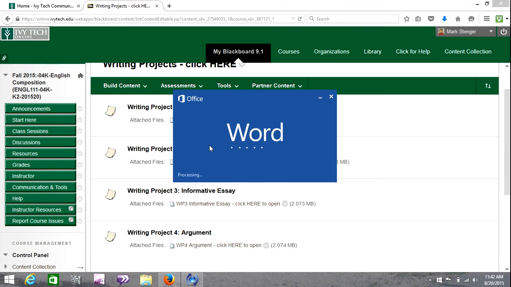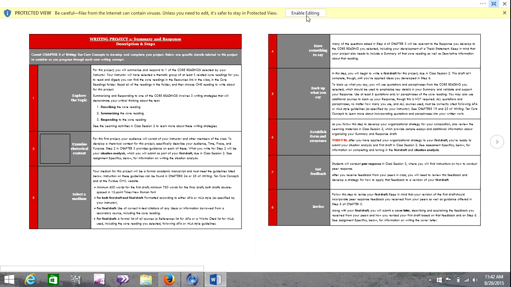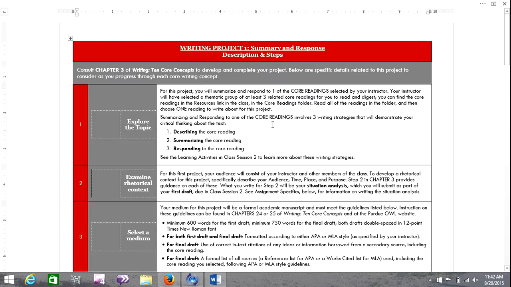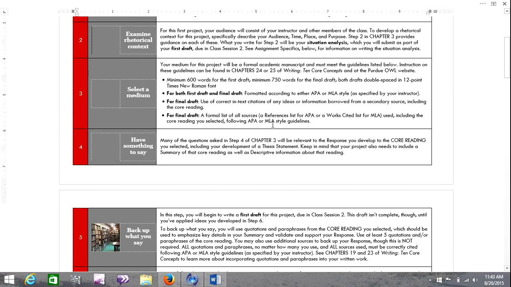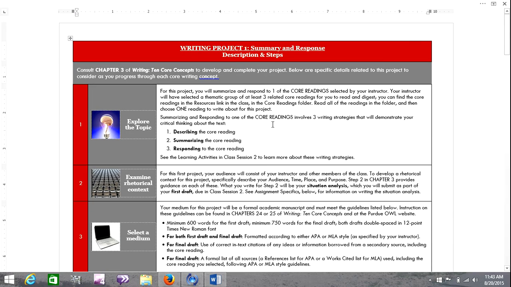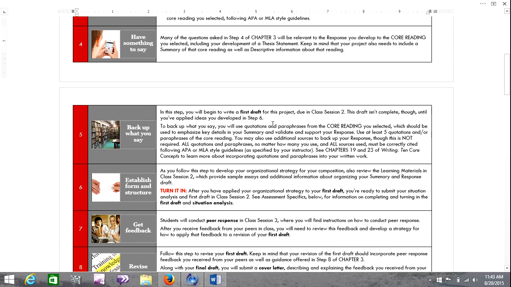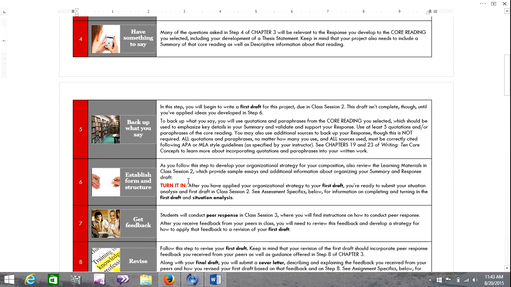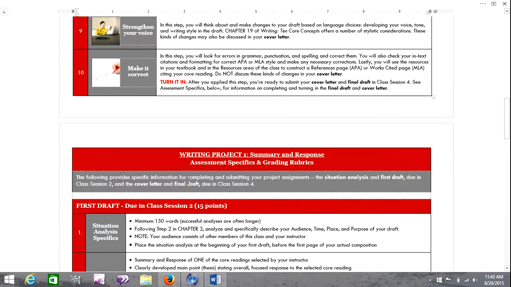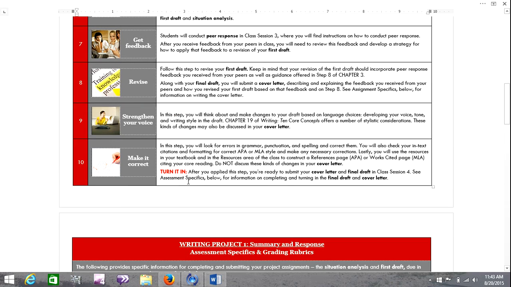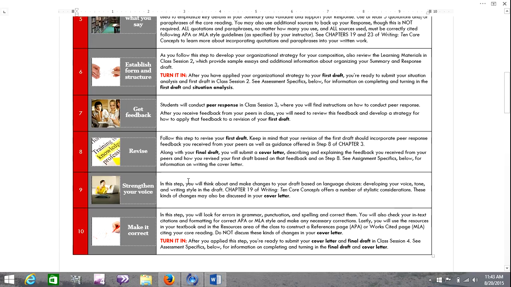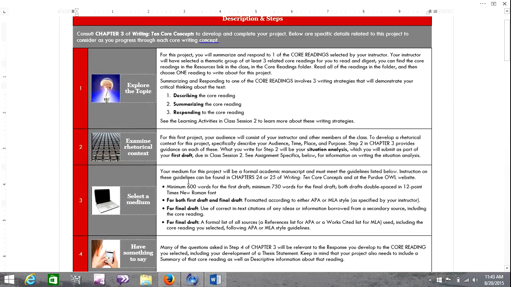I'm just going to open the first one and talk about a couple of things that are listed here. In each writing project, there are a number of steps to complete the project. Notice it asks you on the first part of the project, writing your draft, you only do steps 1 through 6. And when you get to step 6, stop. We will finish the remainder of the steps, 7 through 10, the following week. And this is the same schedule for each of the writing assignments. You're only doing the first 6.